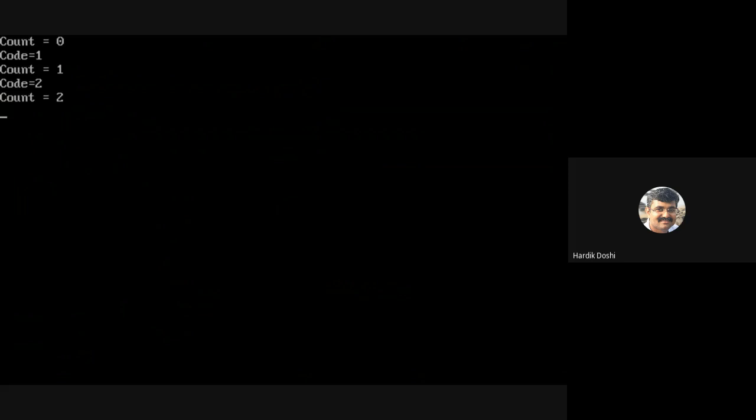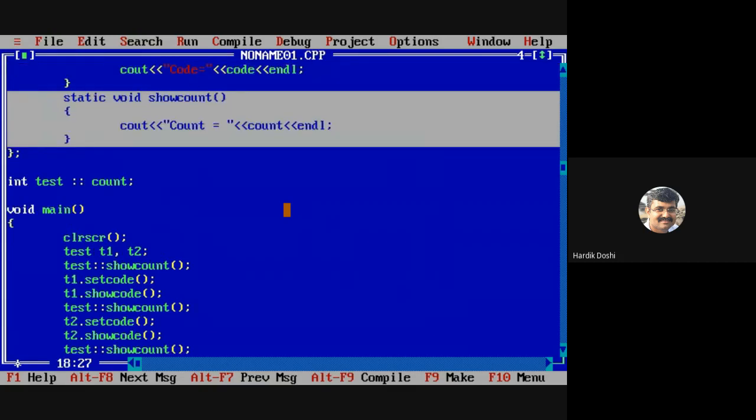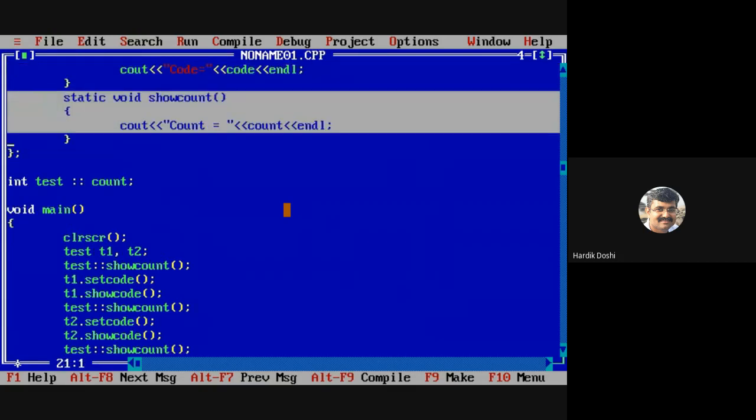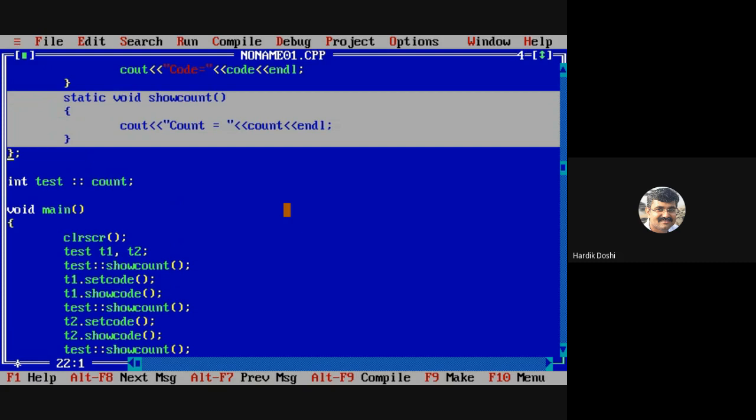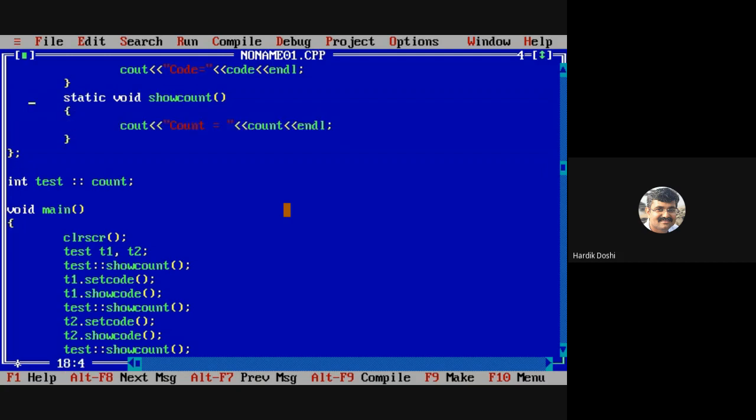Sir, what is the need of this? Basically, static functions are generally used for the purpose of accessing static members. So for the static function over here, just check it out.